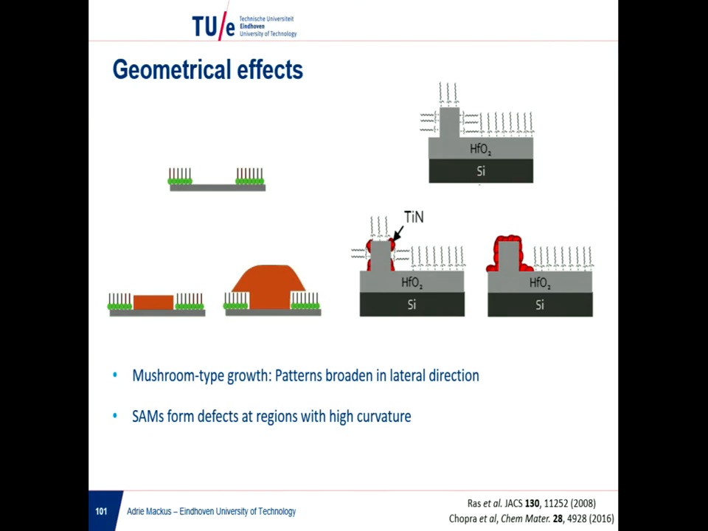Another thing is that if you use self-assembled monolayers and you use a nanostructured surface, then this monolayer is not going to be perfect around corners. So these can also be sites where the growth starts. But let's look at this first challenge, the lateral broadening, which is, I think, one of the main challenges